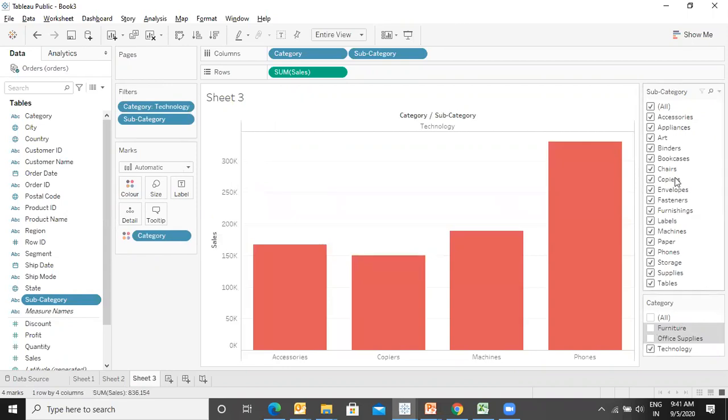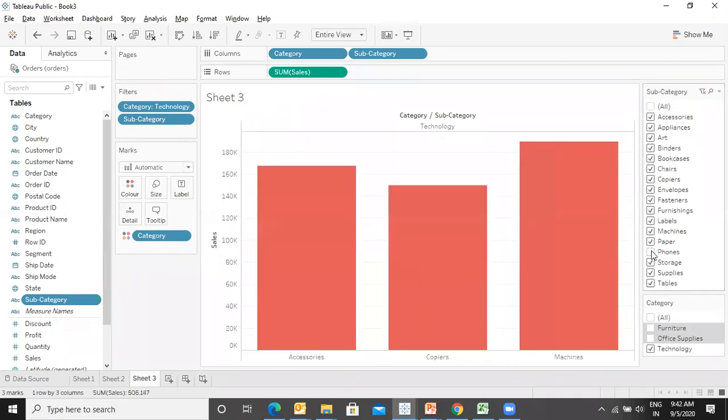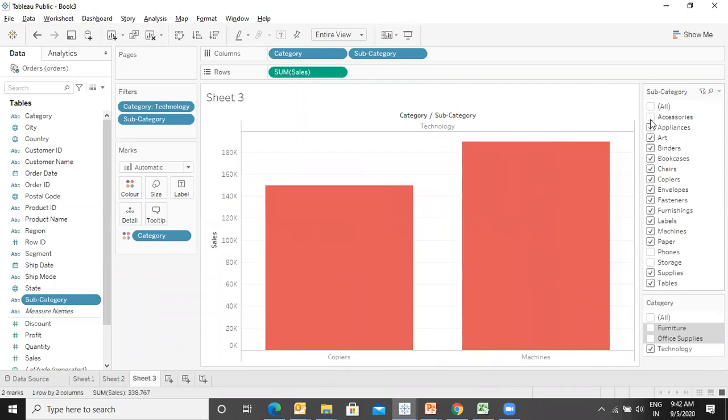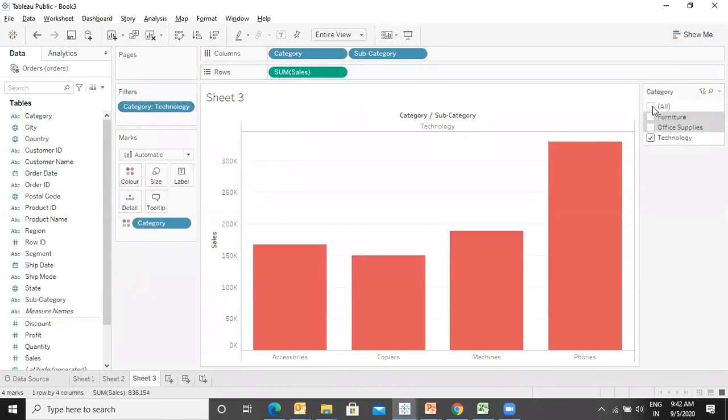Now here I am getting all. So I can select, like, in the technology I don't want phones, I don't want storage. Technology related accessories, I don't want accessories like this. So I can use both the filters. I'm removing it, and as of now I'm saying all.